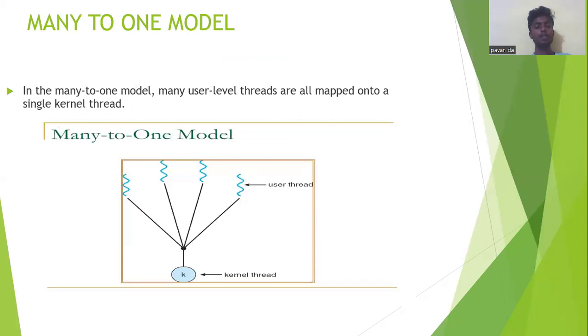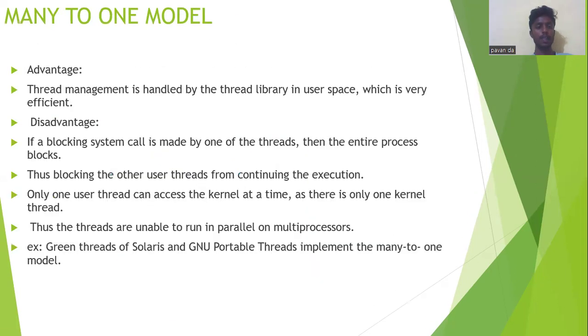There are three types of models in operating systems. The first one is the many-to-one model. In the many-to-one model, the user-level threads are mapped onto a single kernel thread. As you can see in the diagram, there is only one kernel thread which is mapped to four different user threads. The advantage of the many-to-one model is thread management is handled by the